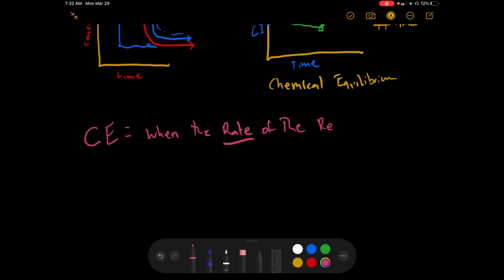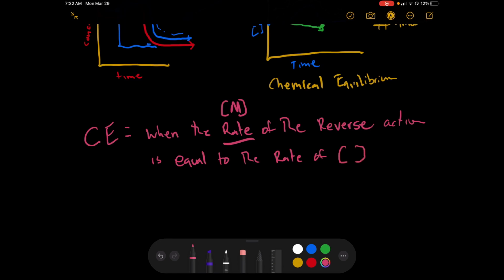rate, remember that, chemical kinetics, of the reverse reaction, and remember, rate deals with what? Rate deals with concentration, molarity. When the rate of concentration of the reverse reaction is equal to the rate of concentration of the, I'm going to put an A here, okay? It's in molarity, but I'm going to put an A and a B, is equal to the rate of B, the forward